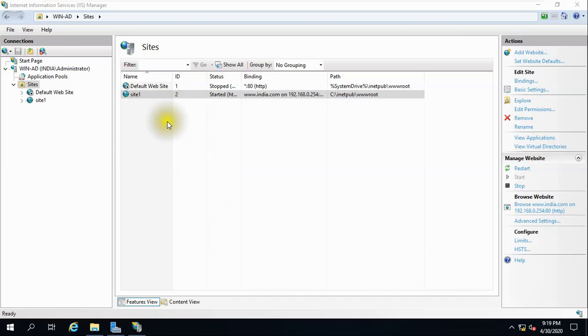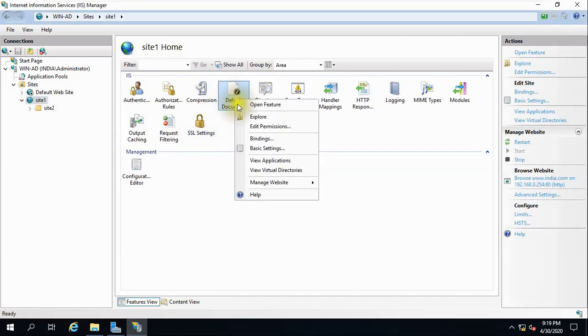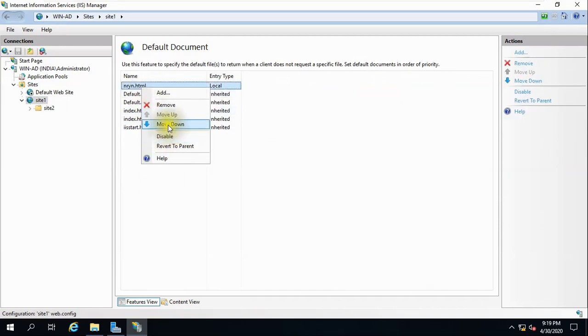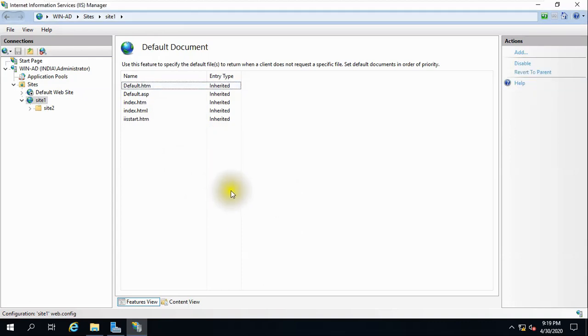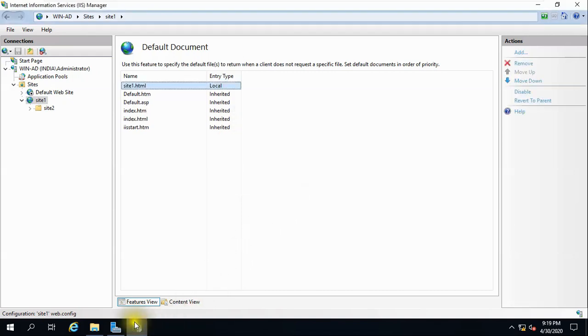One thing, it may not come because I missed something. I need to go to the default document and make an entry here. So let me delete this and add site1.html, and save it. Now if you try to browse it, it should come.